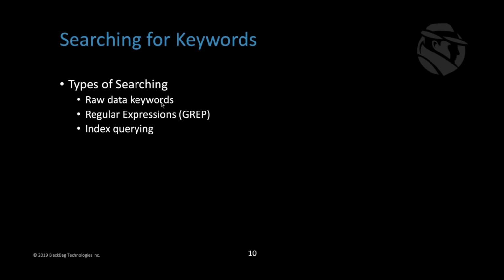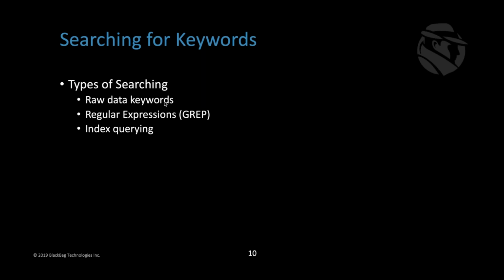It's not about looking for things that are chopped up by words. And then regular expressions are patterns. So email addresses, where you're going to have something.something at something.com, or something similar to that. There are known regular expressions for those, for IP addresses, for social security numbers, where it's a pattern, and it can be a combination of numbers and letters and special characters. Those are all done through kind of more like the raw keyword searching, but a layer on top of that is called regular expressions.